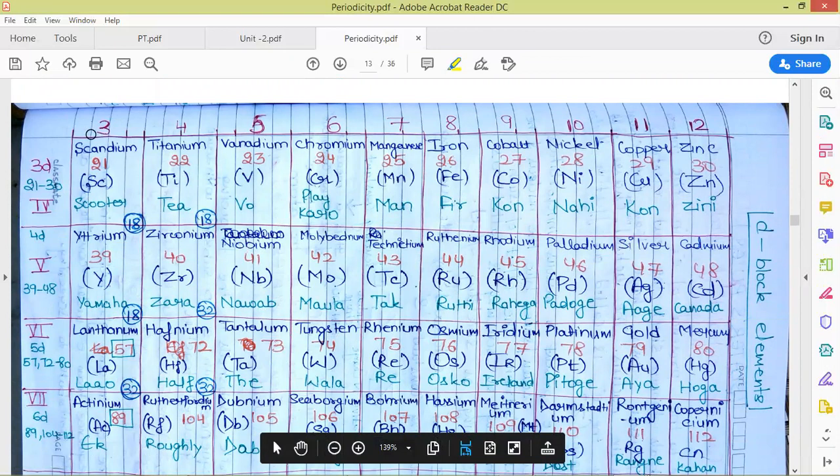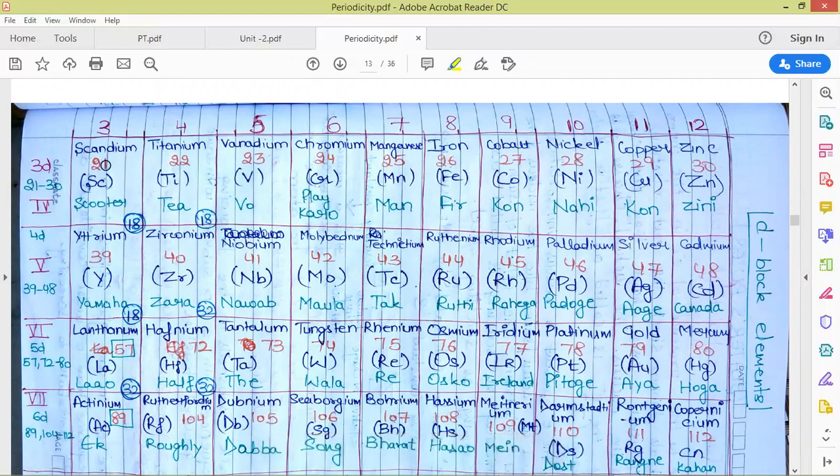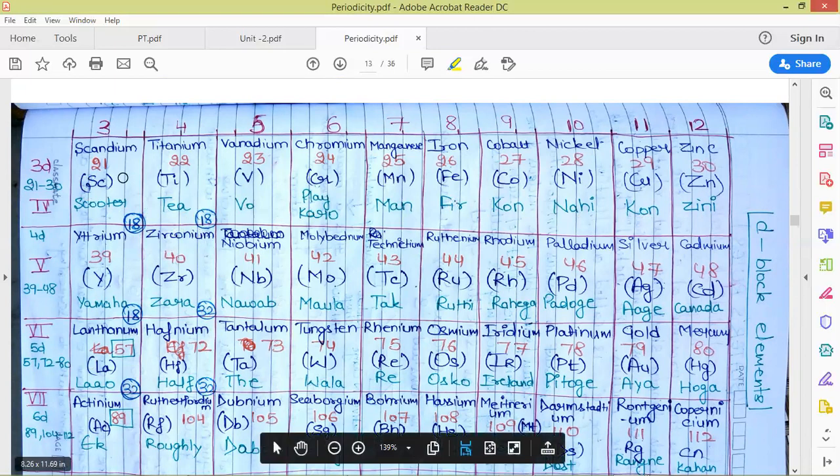So we are talking about the first group of the D block elements, that is group 3. There are 4 elements in each group. This is the magic number for the first series, that is 18, 18, 32, and from the next group of D block elements there occurs the introduction of F block elements. So the magic number changes from here, which is valid for the whole D block except the first group, that is 18, 32, 32.